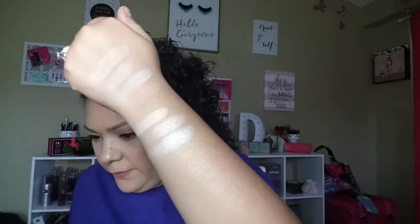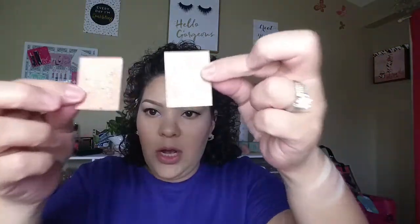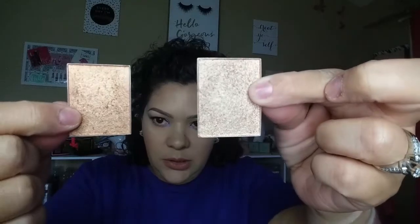Beautiful, beautiful, beautiful. Next, guys, I have a couple highlighters that are depotted. These two here, which come in the contour palette by Black Radiance. I do use those palettes in my freelance kit, but I wanted to swatch the two highlighters that come in